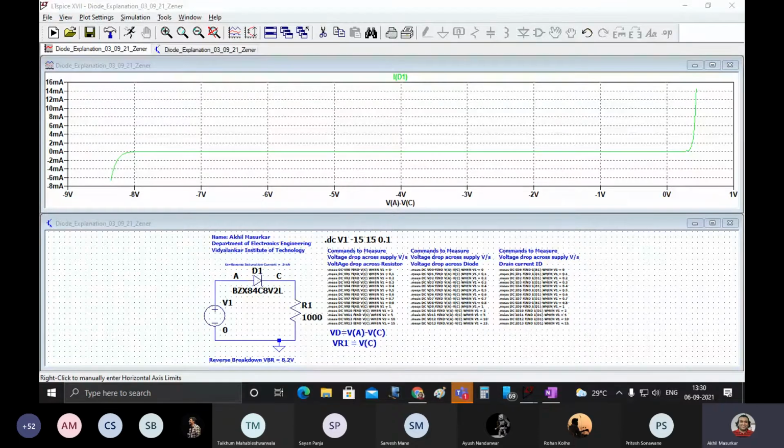So now in the second part, we have to do VD is equal to VA minus VC and then plot the graph, right? Yes, everywhere it will be VA minus VC only. The reason is because you want to plot the voltage across the diode. Voltage across the diode will be voltage at anode minus voltage at cathode, which is VA minus VC. Got it? Yes, sir. I'll try again.